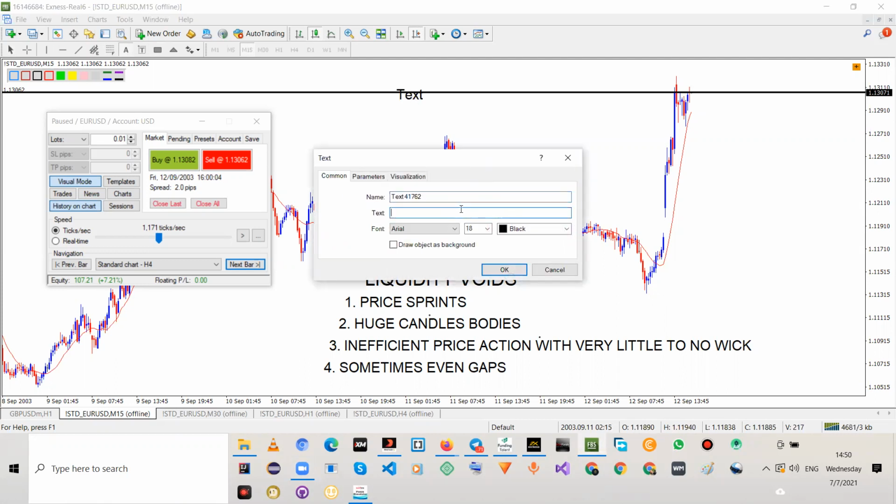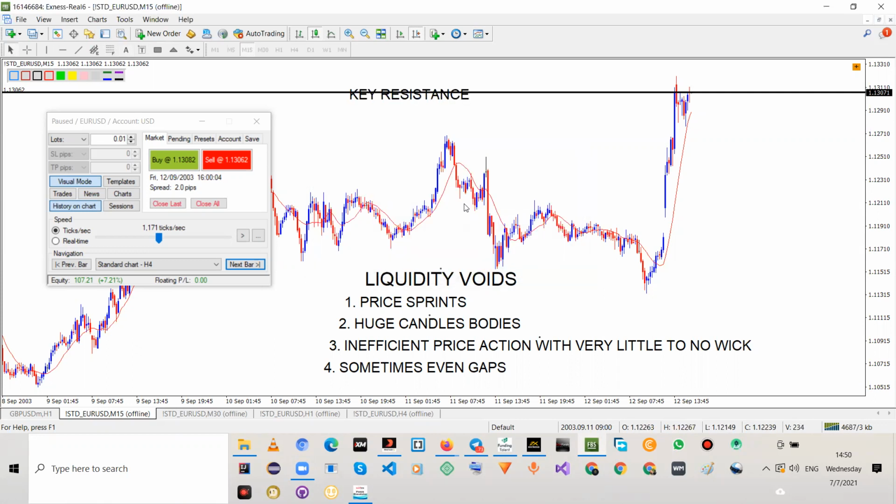So we'll be talking about liquidity voids right here. As you can see, liquidity voids, what are they? Liquidity voids are price sprints. What I mean by price sprints, maybe if I open it to you on